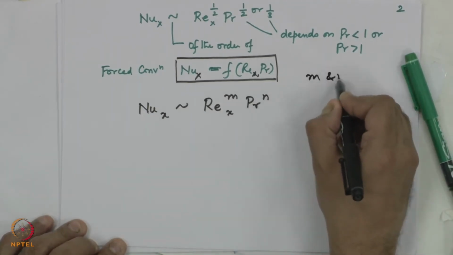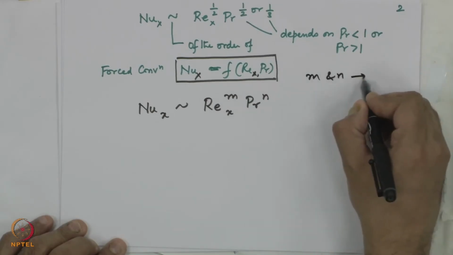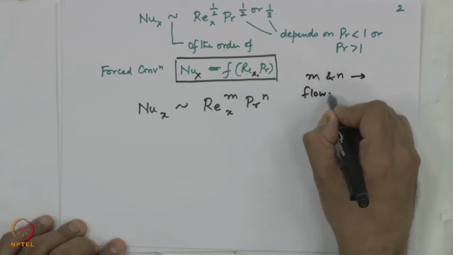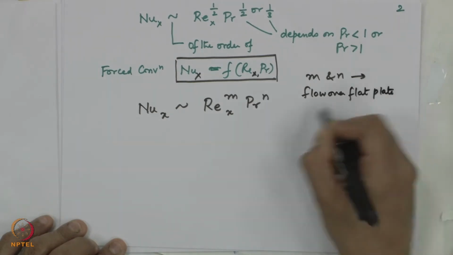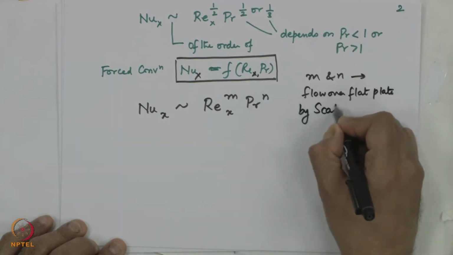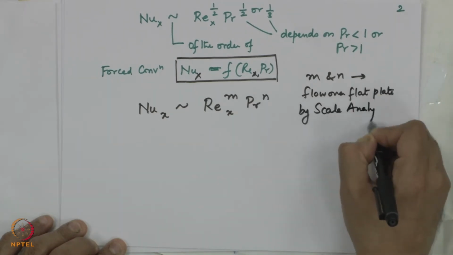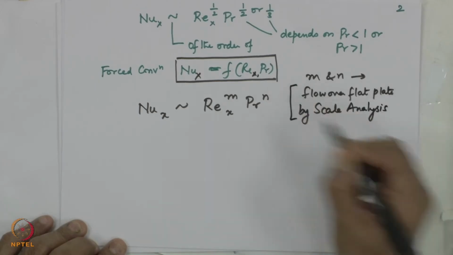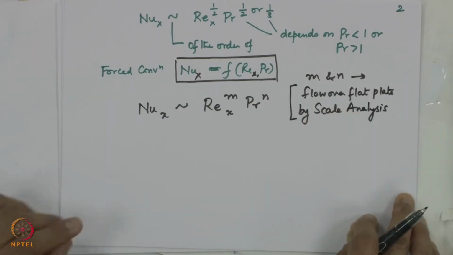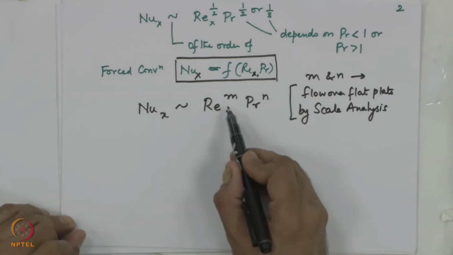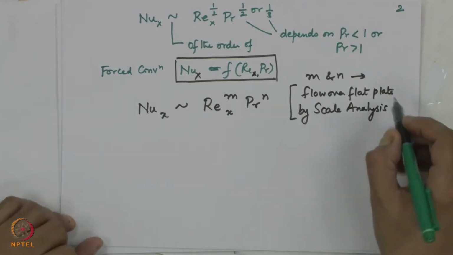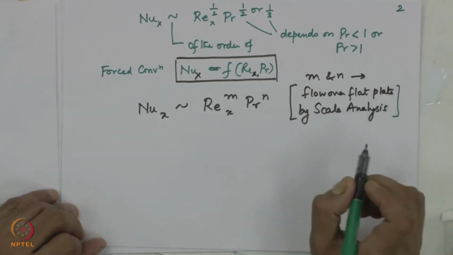Values of m and n for flow over a flat plate you would get later on by scale analysis. I want to emphasize this a lot because scale analysis, when we see, we will go into the details. It will tell you what terms are important and what contributes primarily. It's like,